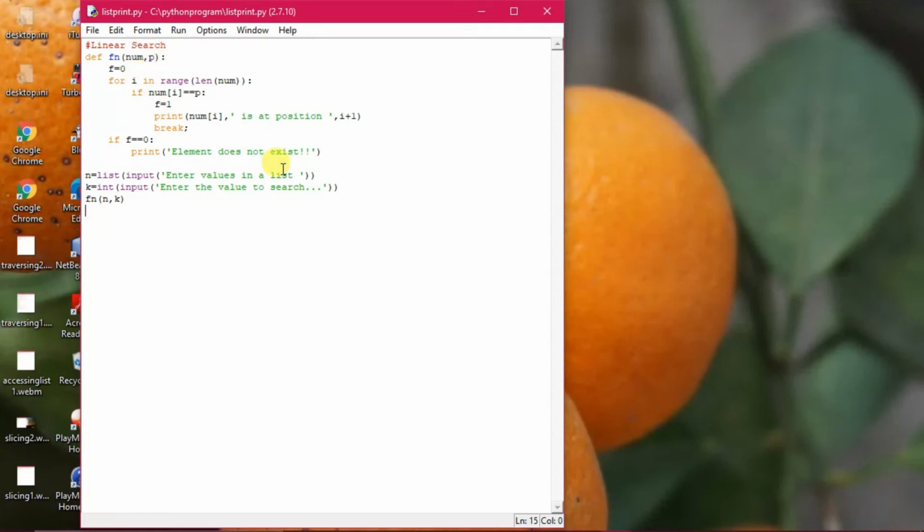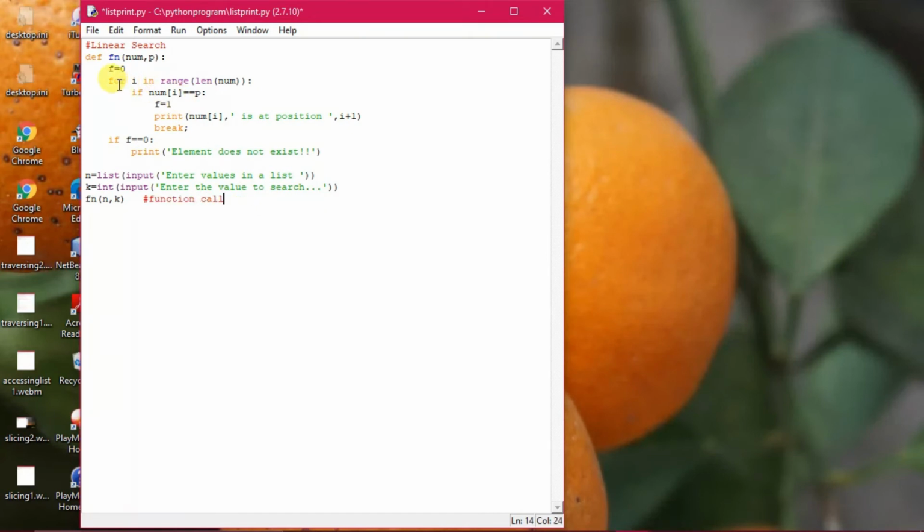Then what will happen? What will it do in linear search? It will search each and every number, and wherever it finds a match, that particular number will be printed. All right. So here it is the function call. Actually from here we are doing the function call. This is the function call and this is the program.